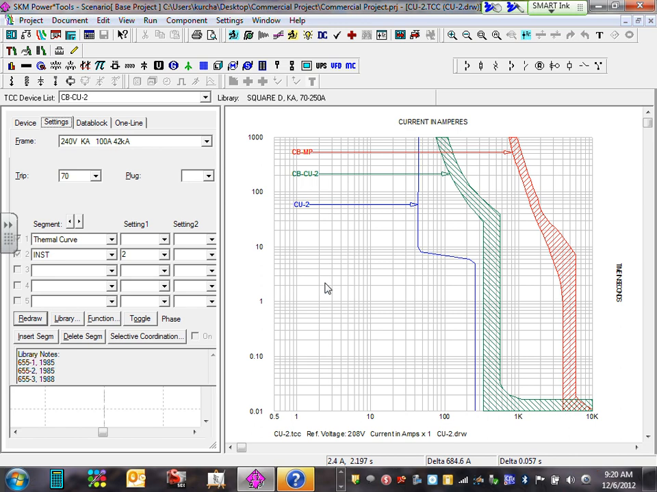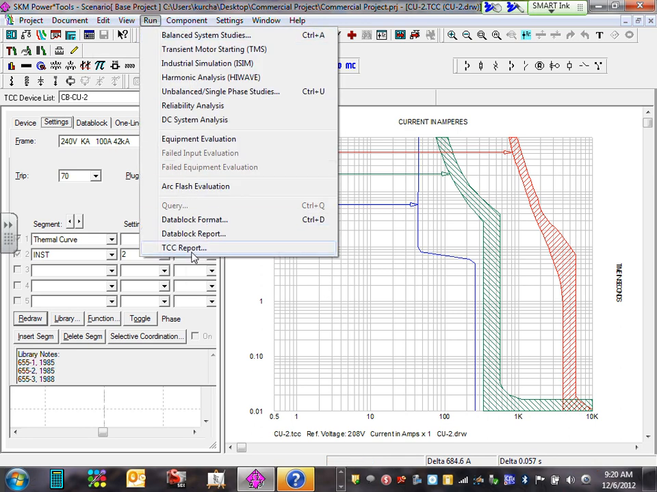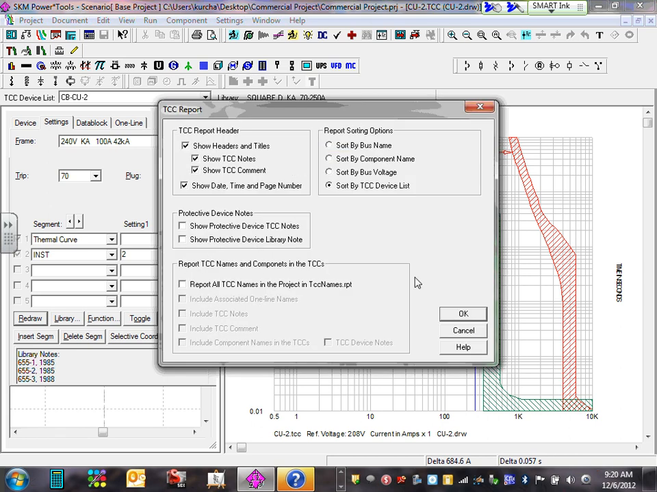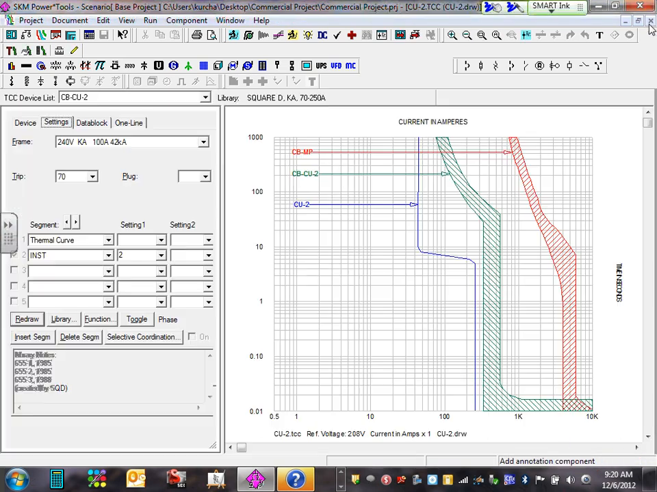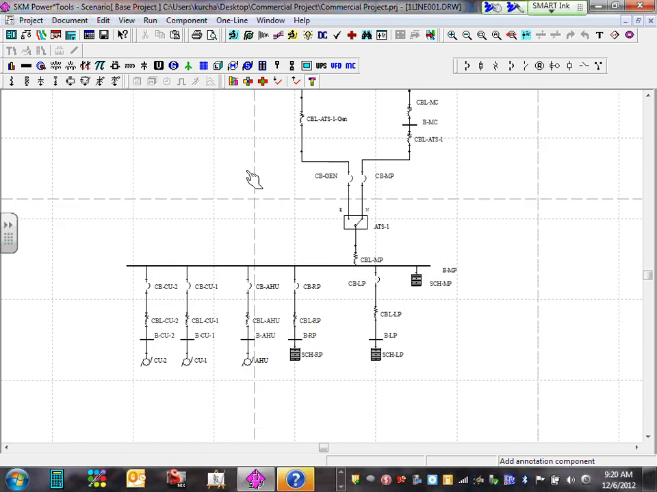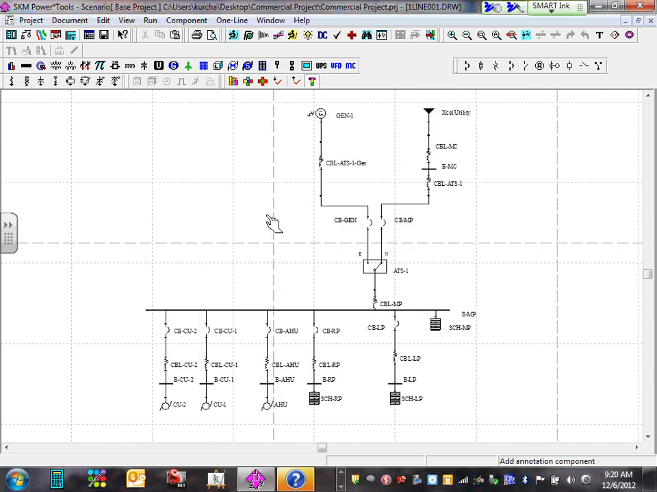Okay, so these are coordinated. The only time, Jeff, they're not coordinated is right at the bottom 1% here. Run a report and I exit. Let's go run a TCC report, okay it, run the report, save it, and exit. Okay, so these are all the coordination that we did, guys. All the coordination I did in this. Very easy, very simple,